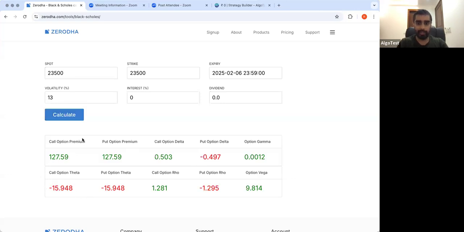So 127.59, I directly got it from here, right? I increase this to 40. Now this is how much I'm going to collect. My theta is increasing. This is my daily theta, that's increasing, and the premium at which I sold this is also increasing, and it's